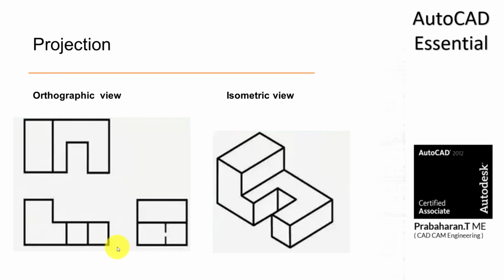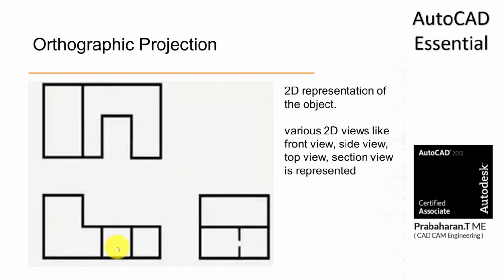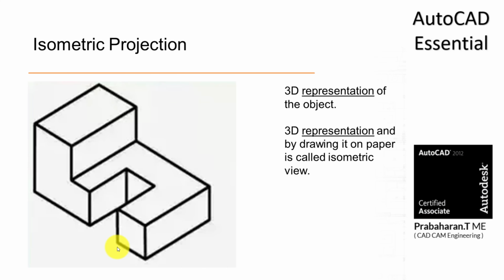Before going for this, let us say in detail what is meant by these two types of view. First, orthographic projection is nothing but representing a component in two dimensions like front view, top view, side view. There we will give entire information of the components. Similarly, isometric projection is also 2D. That means representing a three-dimensional object in a 2D way. Okay, imagine this is not 3-dimension, this is 2-dimension only. 3-dimension representation, not 3-dimension drawing.